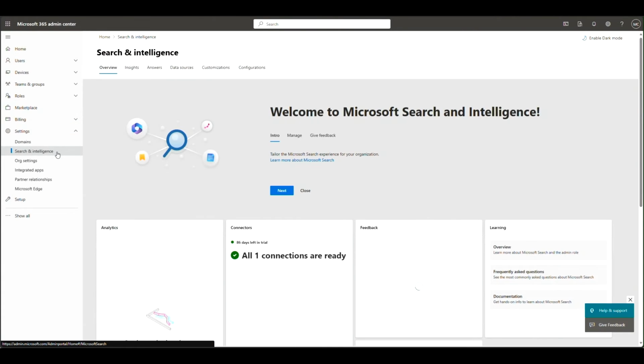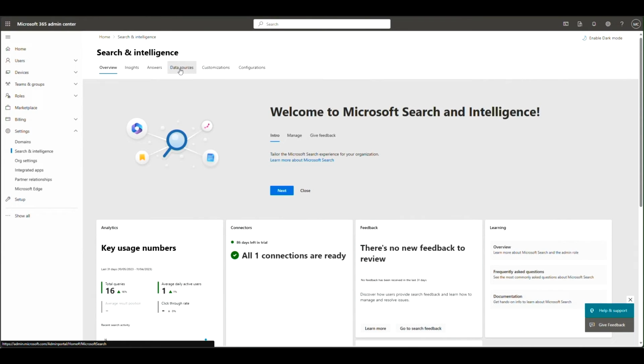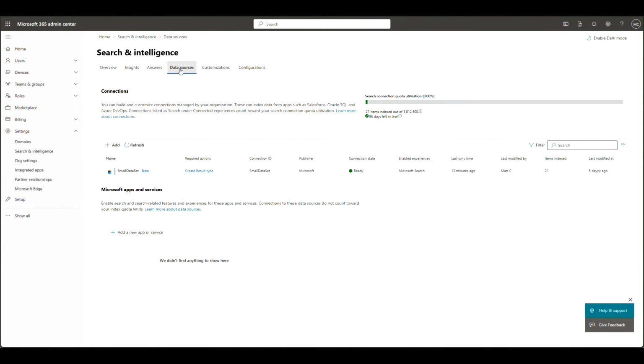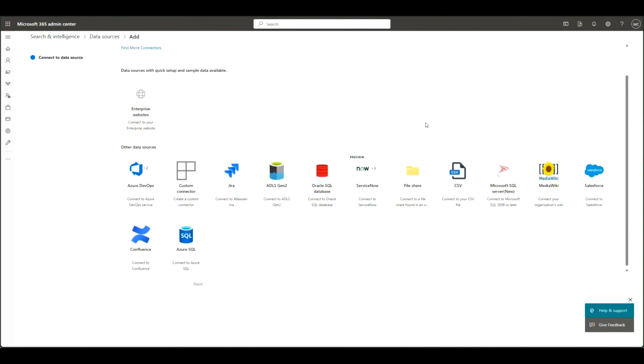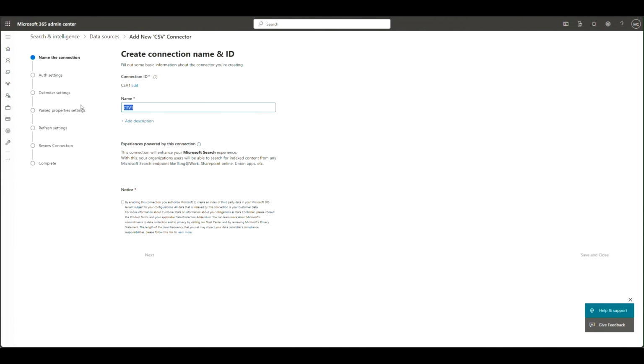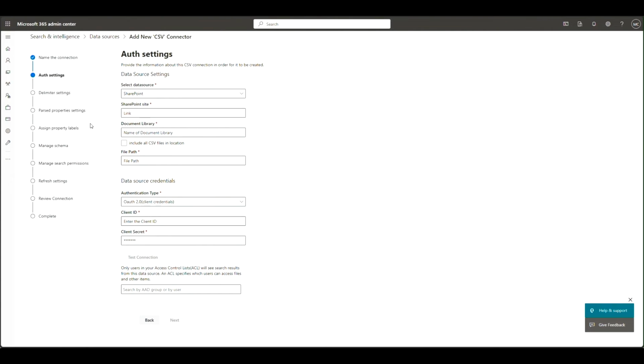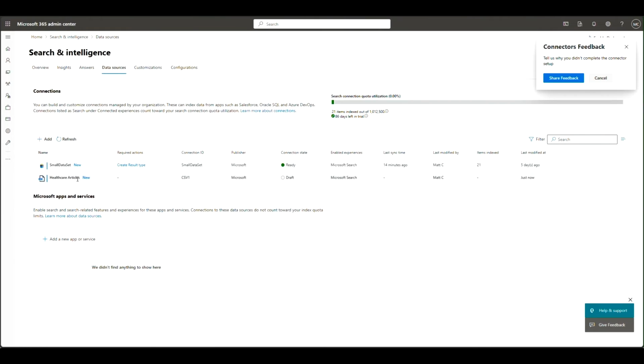So now all my admin needs to do here is go to the M365 Admin Center within Search and Intelligence Portal. We're inside the Data Sources tab, and we're going to set up a new connection. In here, the admin can just select the CSV Graph connector that we talked about earlier and begin setup. We'll give the connection a user-readable name. And then we're going to go ahead and fill in remaining details, such as the auth, schema, and permissions. And that's it. Now the admin can go ahead and publish the Graph connector. Awesome. Now we'll take a look at how this works in Copilot.